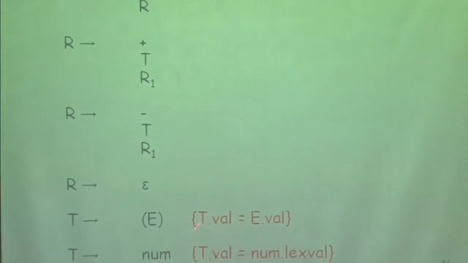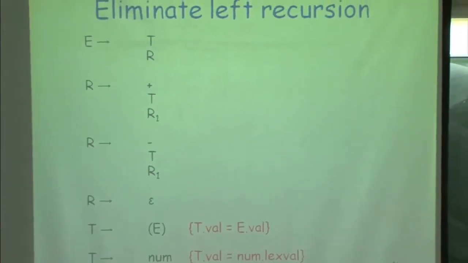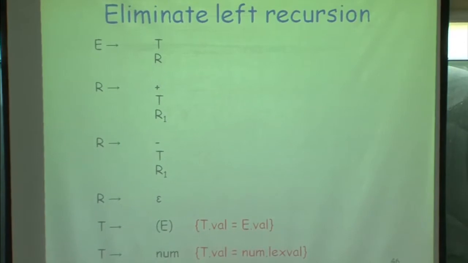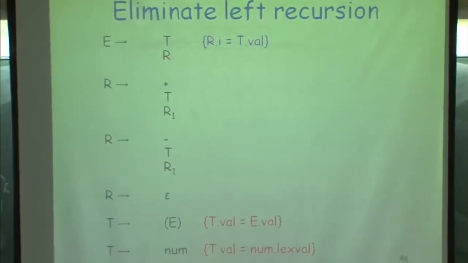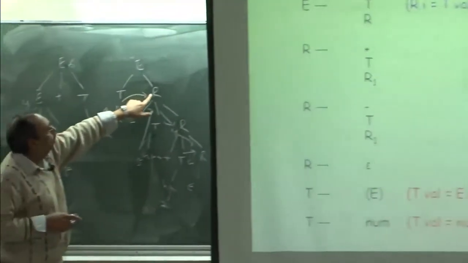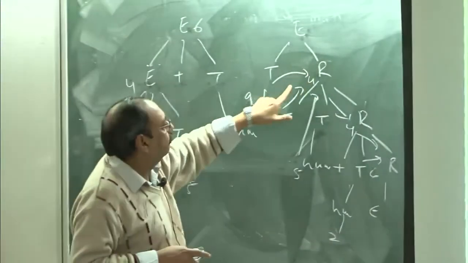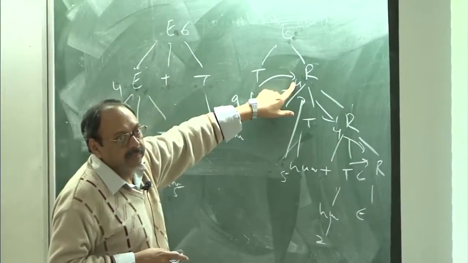So, let us look at the rules here. In these rules nothing is changing because I have no left recursion here, I just copy them as they are. But now what I am doing here is, I am saying that for the new non-terminal I have introduced, I have an inherited attribute which says R inherited is Tval. I am also putting the right places for this. So, basically now I am saying that this new node which has been introduced will now copy into its inherited attribute the value of Tval, right.